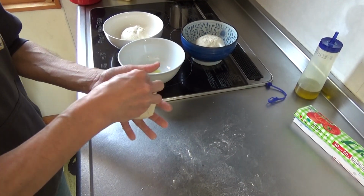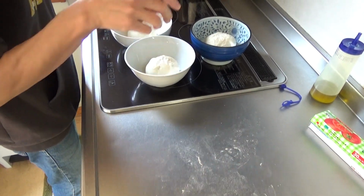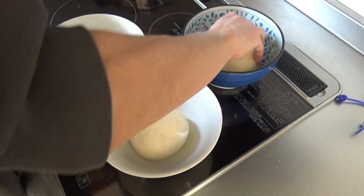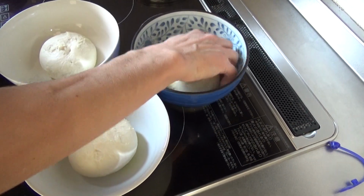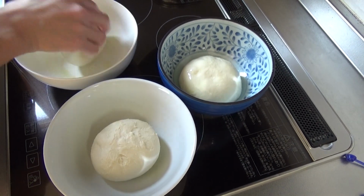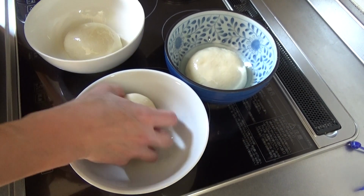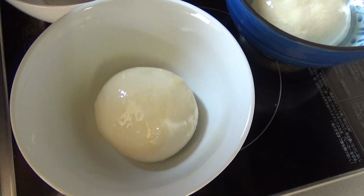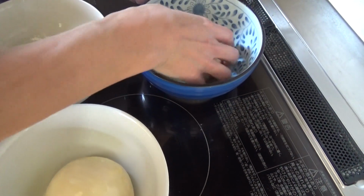Very, very wet dough. You know, this seems to be a little bit smaller, so my attempt at eyeballing perfection is not perfect, but this is just for family to eat. So now I'm going to roll the dough ball around and then put it right side up. This one. Around. The olive oil is kind of coating the edge of the bowl,